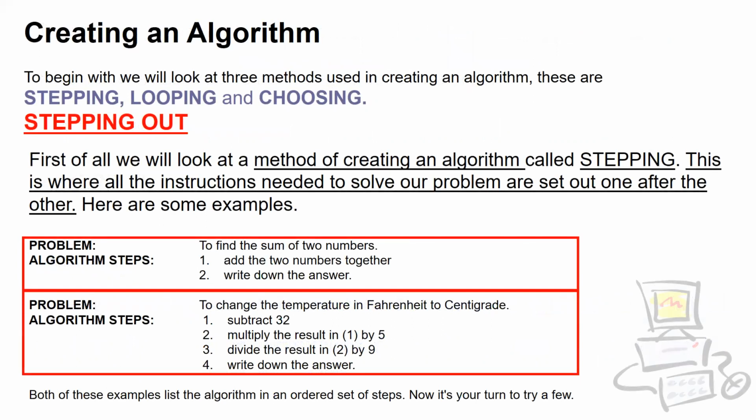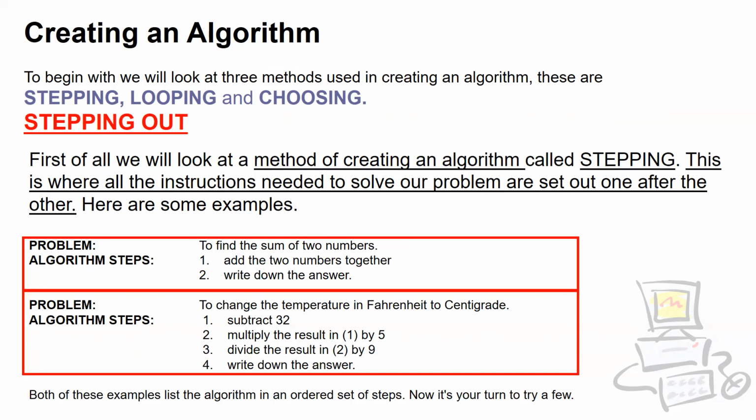Creating an algorithm. To begin with, we look at 3 methods used in creating an algorithm. These are stepping, looping, and choosing. Stepping, you use a set of steps. Looping, a loop, something repeats itself. And choosing,